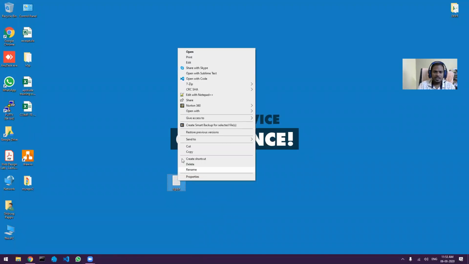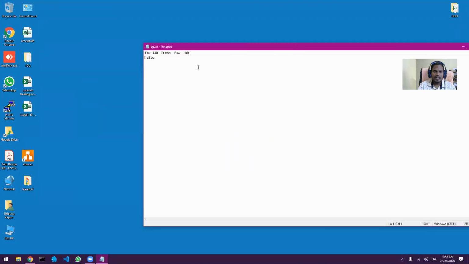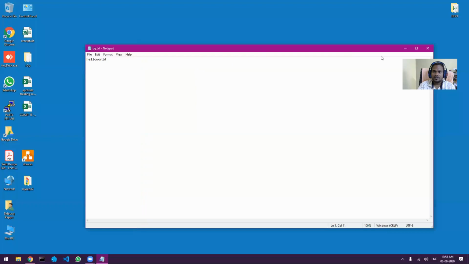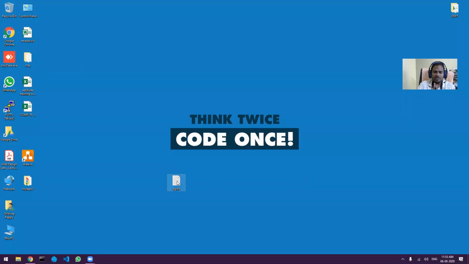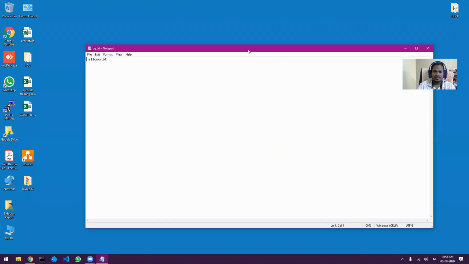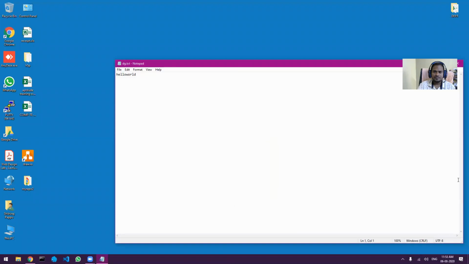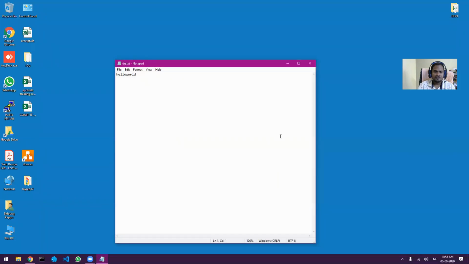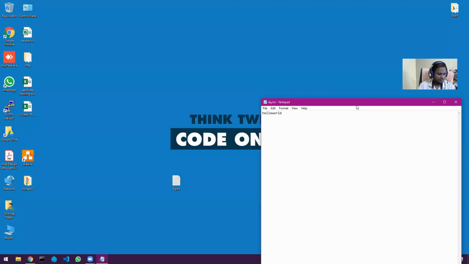Now I open it again before committing, edit it, write hello world, and save. Now I'm not doing git add again. I'm doing git commit directly. So what will happen according to you? Will hello world be saved or hello? Any ideas? Only hello will be saved, right?